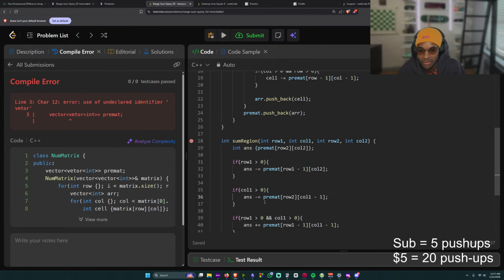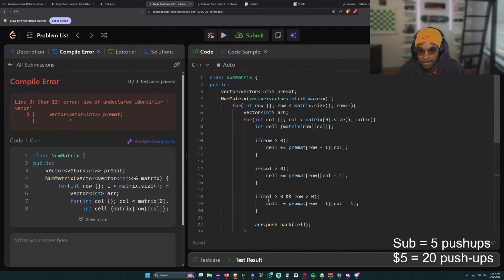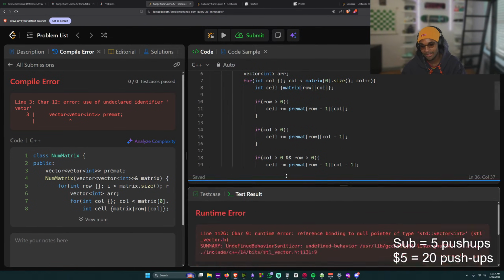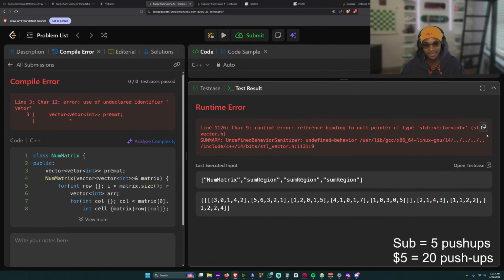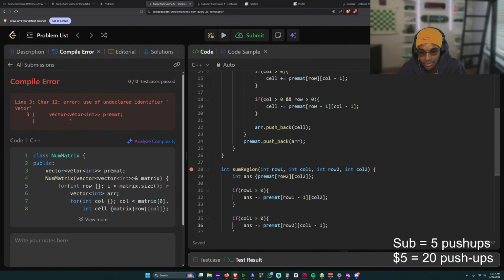What did I do wrong? I'm not even sure how to decipher this error message. Binding null pointer of type std vector. Is it here where we have the this dot?